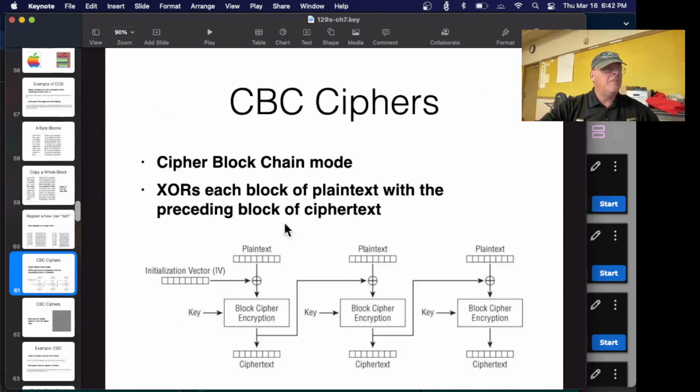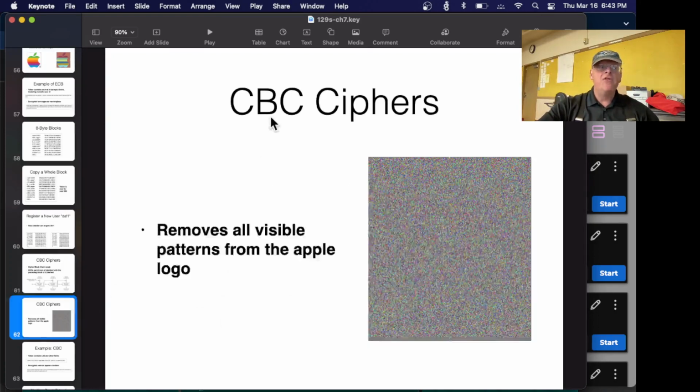All right. CBC is the standard cure for this. In cipher block chaining, you have an initialization vector in addition to a key, and you take the output of every block as the initialization vector for the next block. So now each plain text is not encrypted identically. There's a random thing added, so it comes out different. So now if you encrypt that apple, it just turns into this random snow.